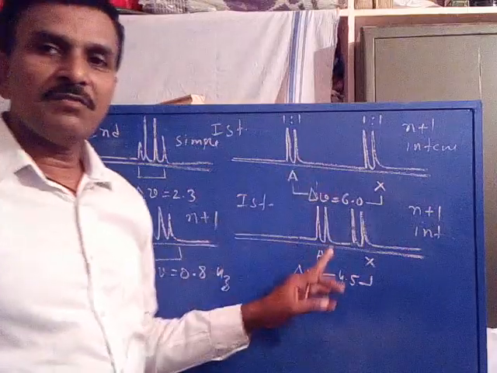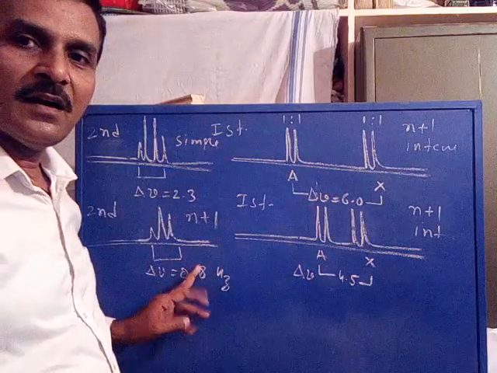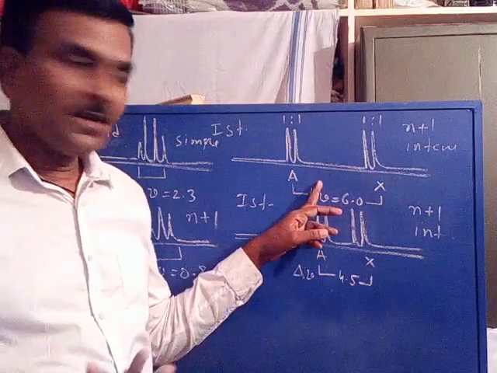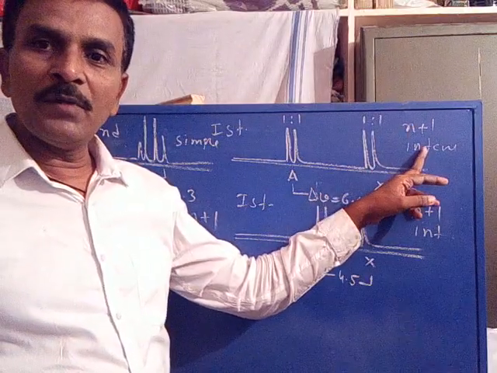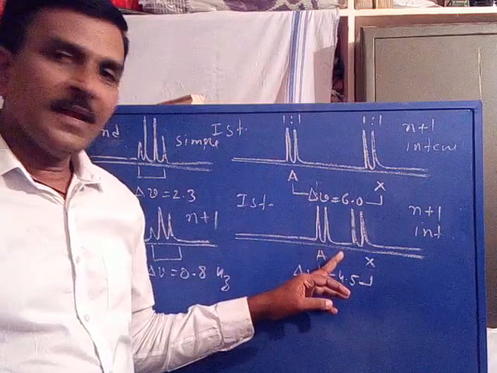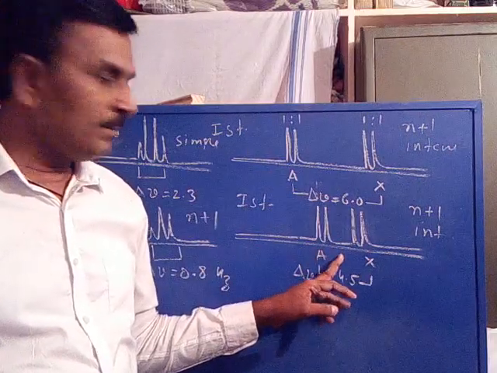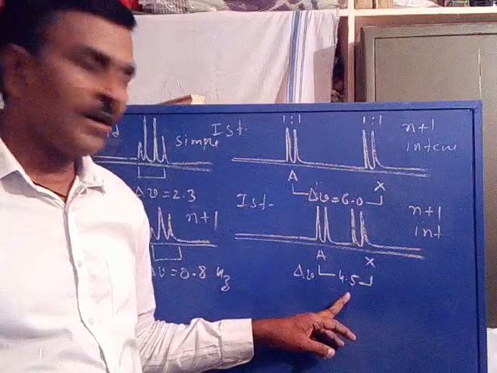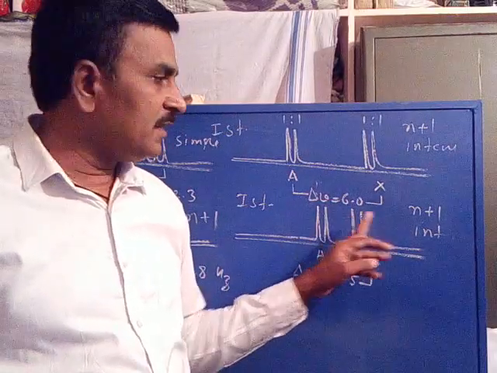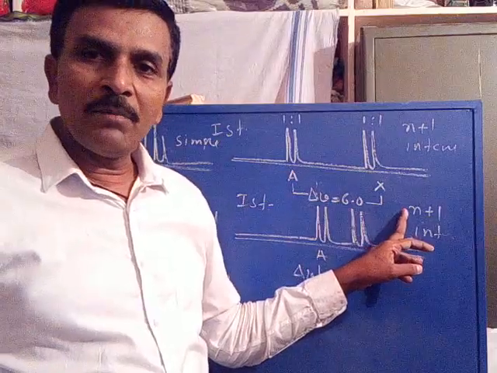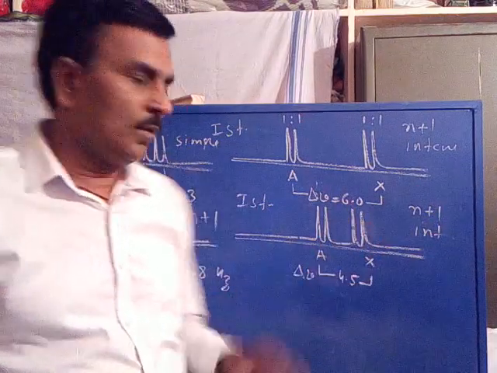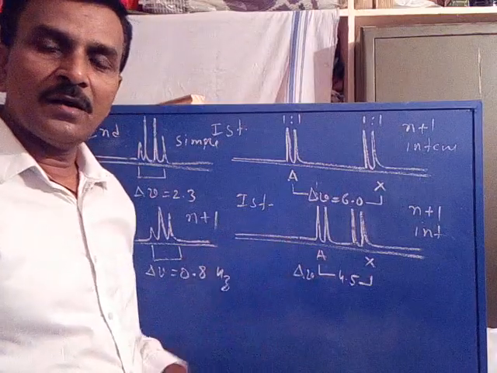So these two are the first order and these two are the second order for the same molecule. If the frequency difference is large, simple intensity rule, simple multiplicity rules are applicable. It comes under first order. Again, a moderate difference in between the two signals, frequency difference is moderate. Again, the two doublets are clearly seen in the spectrum. According to n+1 rule, the intensities are 1:1 according to simple intensity rule. Again, this comes under first order.